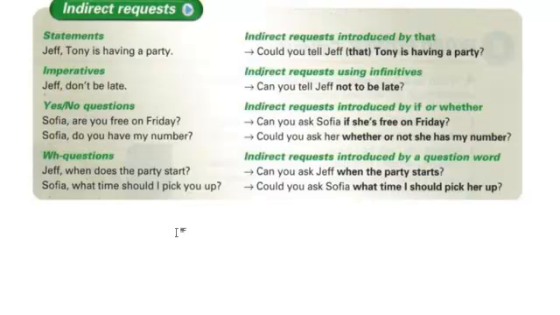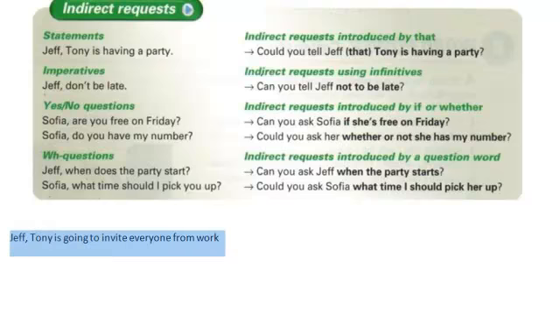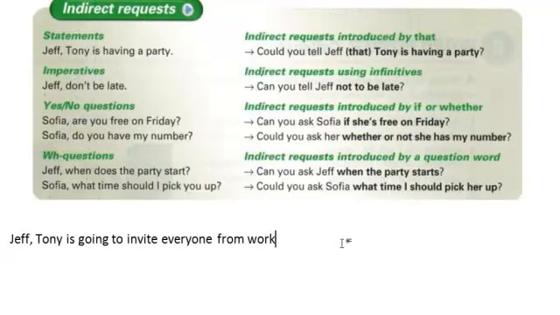So let's write a couple of other statements, if you will. All right, and these are messages that I want to give to Jeff's receptionist, right? I'll change the size a little bit so that you can see that pretty clearly. So how do we change this next statement? Jeff, Tony is going to invite everyone from work. All right, so once again, we want to deliver the message. We want to leave the message with the receptionist. So could you tell Jeff that Tony is gonna invite